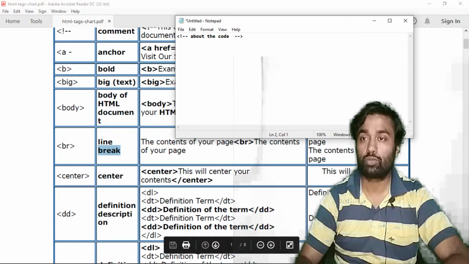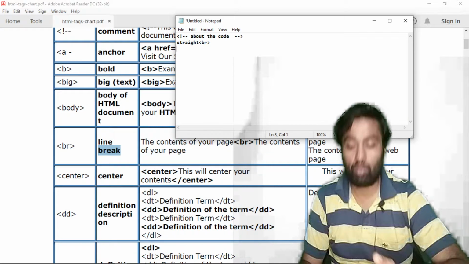So I entered the next line. How can you enter a new line in your web page? By using the BR tag. If you wrote something, at the end you have to use BR. That means the web page will create a line break in your code. Just like this, center is also used. Center will place the text in the center of your web page. So this is understandable, I think.